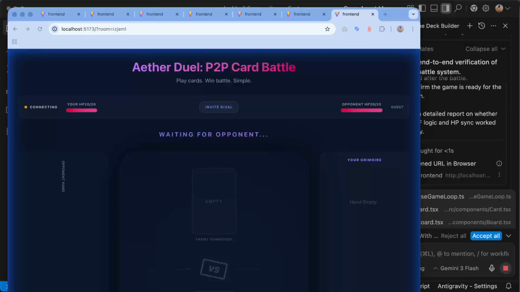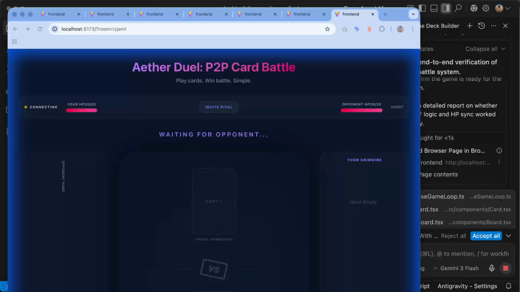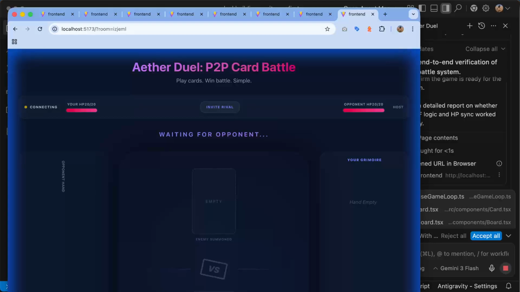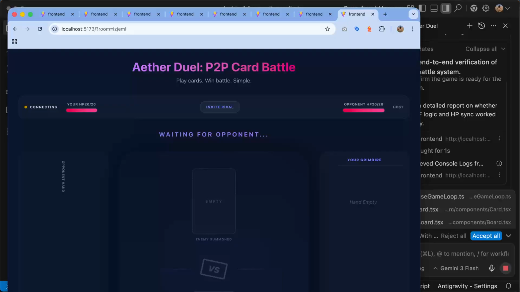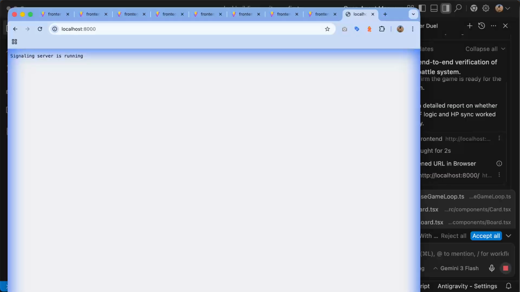And now he is testing out our new game, right? You see effectively that your health points and your opponent's health points are being put in there, and then you see your hand and your enemy summoned. So you need to invite your rival, and I find it quite good looking actually.